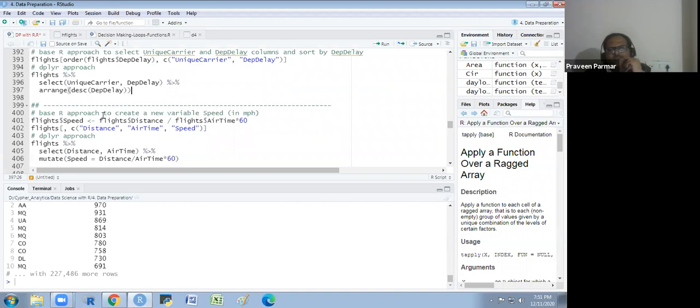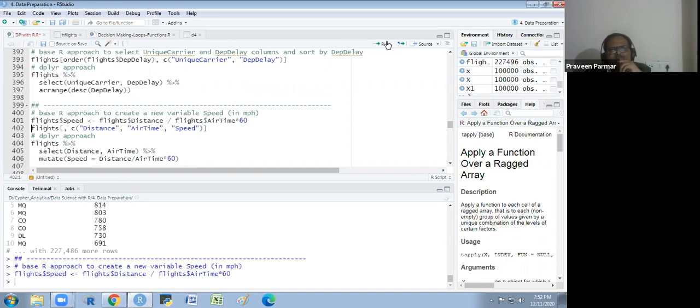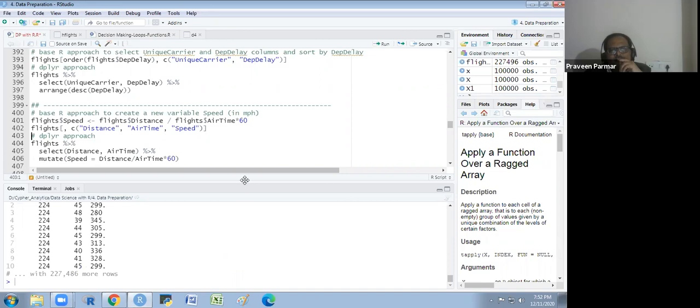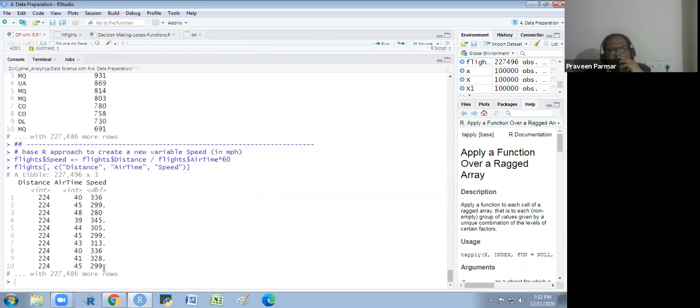Here we see the base R approach to create a new variable in that data frame, that is the speed in miles per hour. You know that the speed formula is equal to distance over time. So that is flight$speed. It is a new column. The flight$distance column is already there, the air time column is already there, and we are converting minutes into hours. So we divide by 60 in the denominator, and it goes into the numerator because it is the denominator of a denominator. So we get this new column, and I will show you that column here. The speed is a new column.